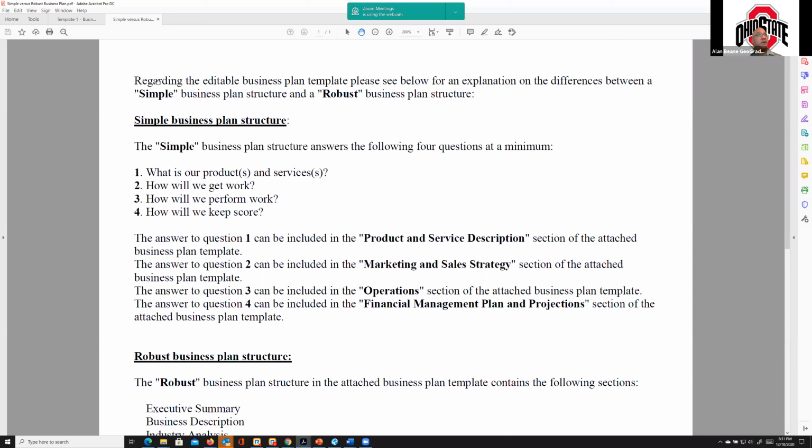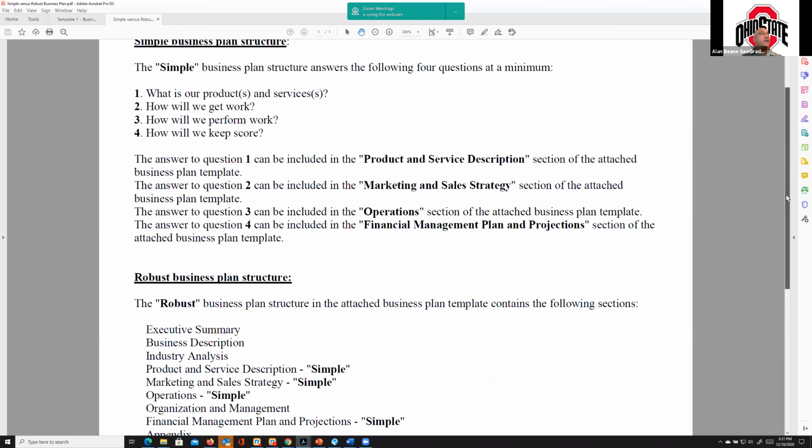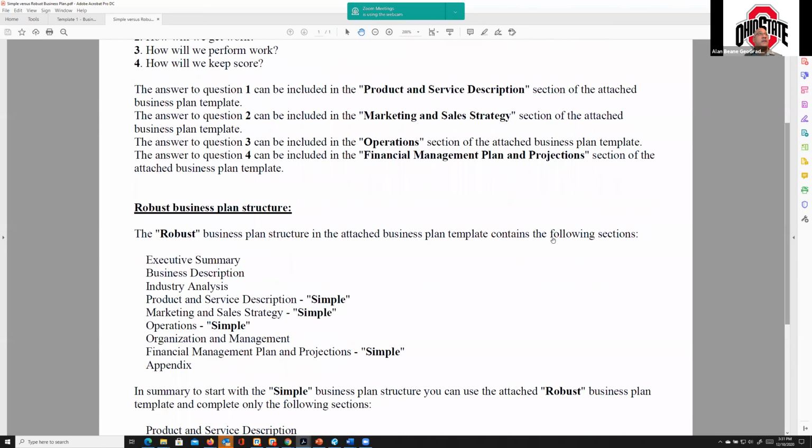If you look at the differences between the simple versus the robust, we'll jump into that next. The robust just covers all 9 elements that we talked about, from the executive summary, business description, industry analysis on down, and then you can grow it. You can add to it as you need it. You can build this template out. And so this is what